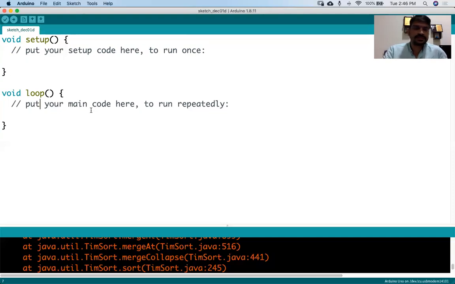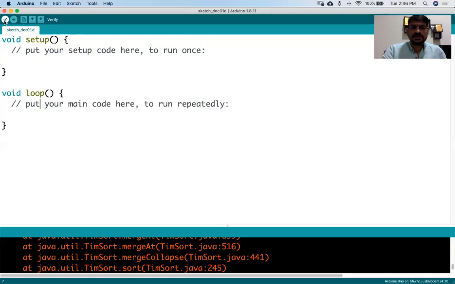Okay. So we have the setup function and the loop function. Here there are some buttons, and all these buttons are very useful. The first button here, this right symbol, is the verify button, and then we have the upload button.